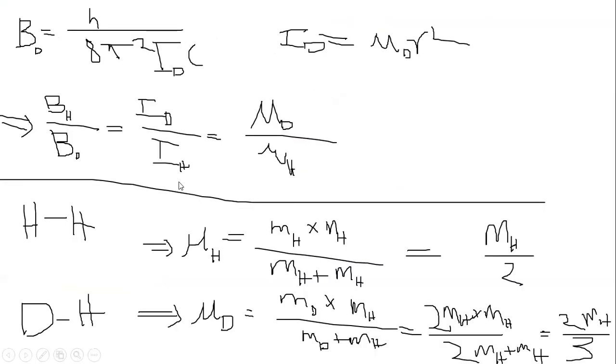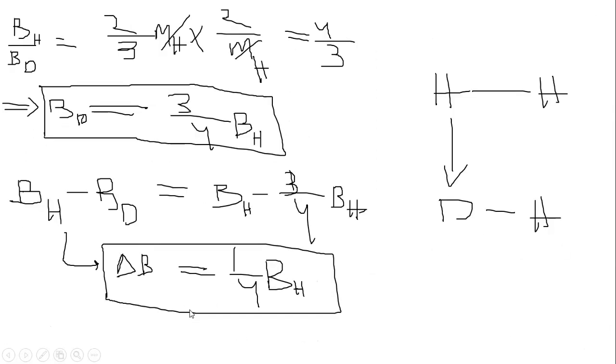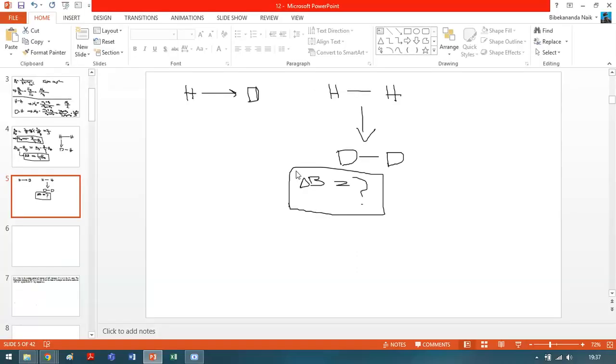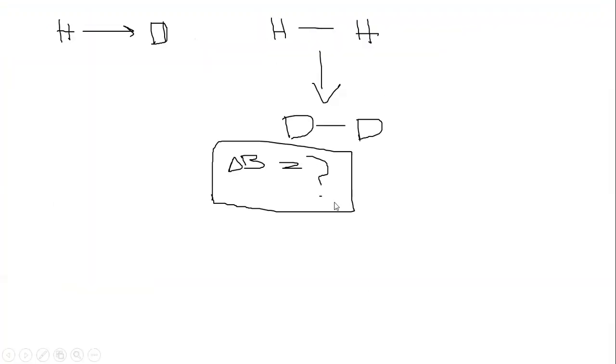In the previous case, mu H and mu D, mu H was MH by 2, it will be the same, but here it will be changed. So when we solve it,